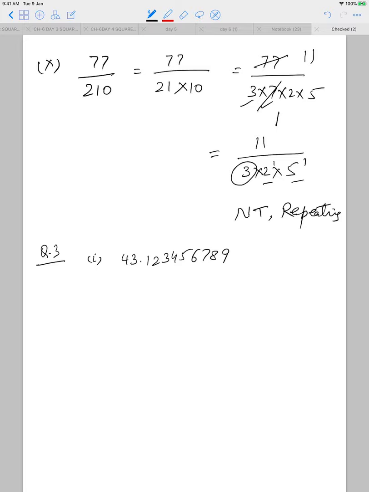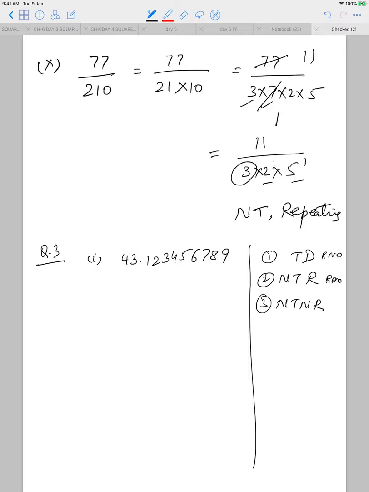This is your first number given to you. Now, what kind of decimal? You know, there are 3 types of decimals. First is terminating, second is non-terminating repeating, third is non-terminating non-repeating. Out of these 3, the first one represents a rational number, the second one also represents a rational number, and the third one represents irrational numbers. So by looking at the decimal expansion, let us first decide whether it is a terminating decimal or non-terminating decimal, so whether it is rational or irrational. As we can see, there is no dash after 9. It means it is a terminating decimal. If it is a terminating decimal, it means it is a rational number.